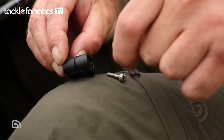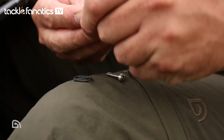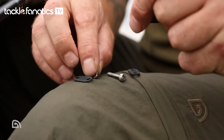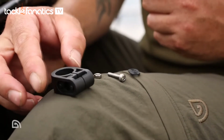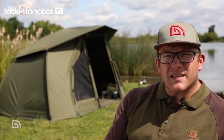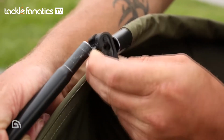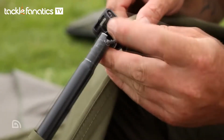Now once you've done that, what I find is the next easiest thing to do is to actually just prep each of the skull cap clips. So remove both the blanking caps and take the screw and the nut apart and just put them on one side. One pole at a time, simply pull the 2 poles apart, which will reveal the elastic that's actually between the 2 pole sections, and then you slide the clip over the elastic and then up onto the female section